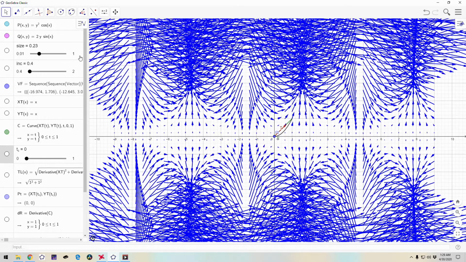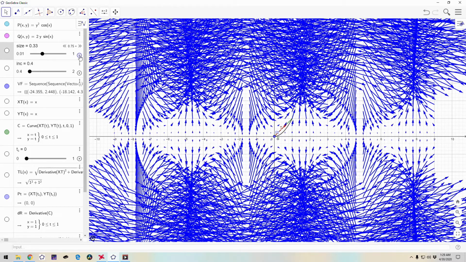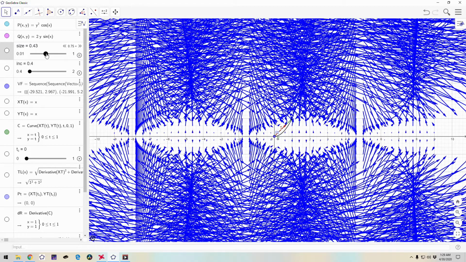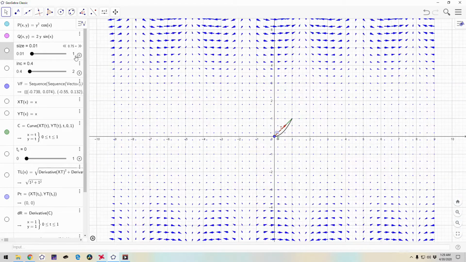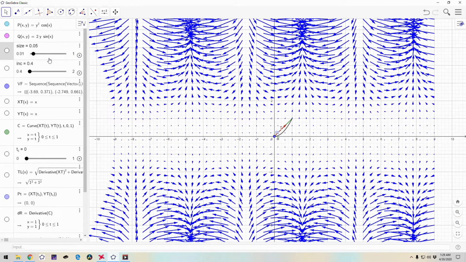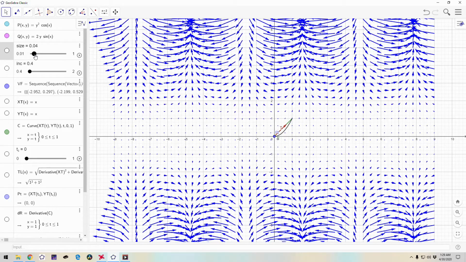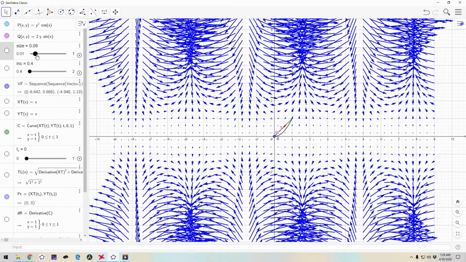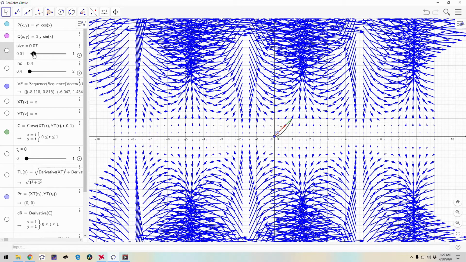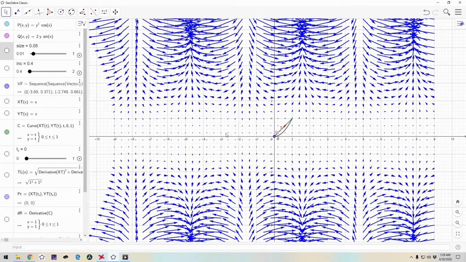The sizes get out of control very, very fast, even to the point that I can't hardly pause it. So this is a pretty comfortable size. Well, no, that's too big. We'll stay here. You can see the vectors start really small in the center here, and then they spread out,